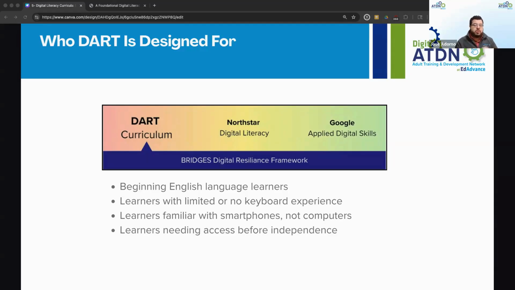So we're looking at learners that are beginner or pre-beginner ESL, that have limited or no keyboard experience, that might be familiar with smartphones but not with computers, and that need some support before they can be independent with the technology.